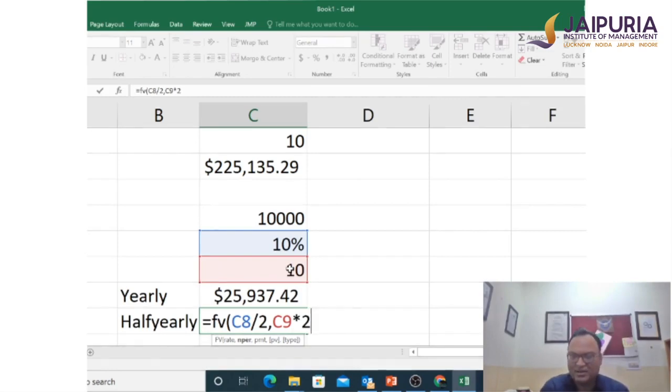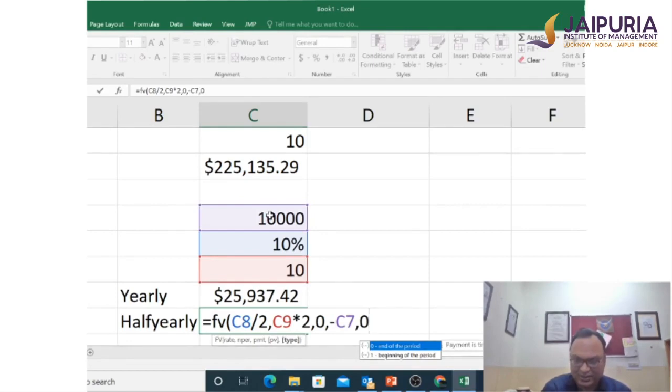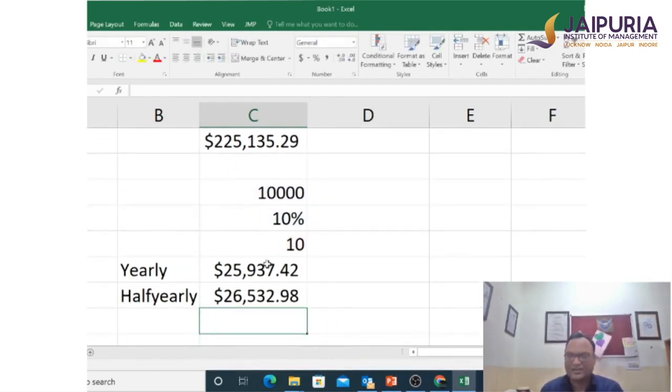So rate is half, time is double, PMT remains 0, present value is 10,000, and the future value's type is taken as 0 itself. So look at the difference. Because the compounding is impacting, look at the difference, it is changing. Then if I increase to quarterly,